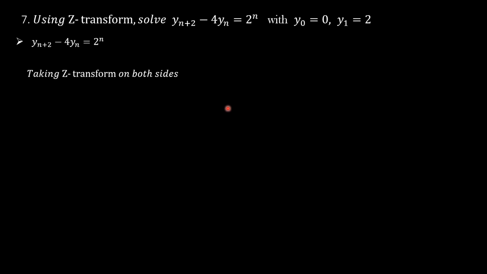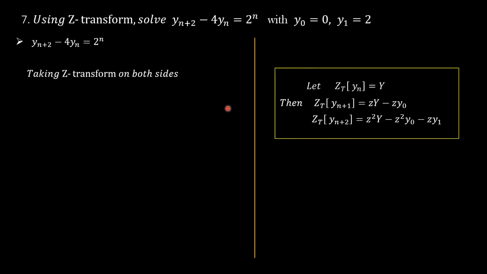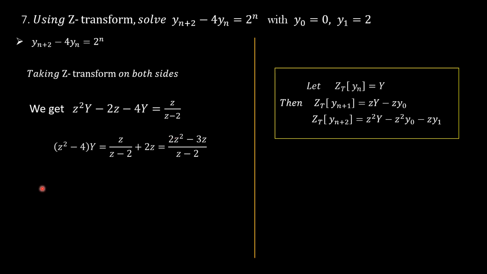By taking Z transform and using the initial conditions, we get z² Y − 2z − 4Y = z/(z−2), or (z² − 4)Y = (2z² − 3z)/(z − 2). Therefore, Y = (2z² − 3z)/((z − 2)²(z + 2))